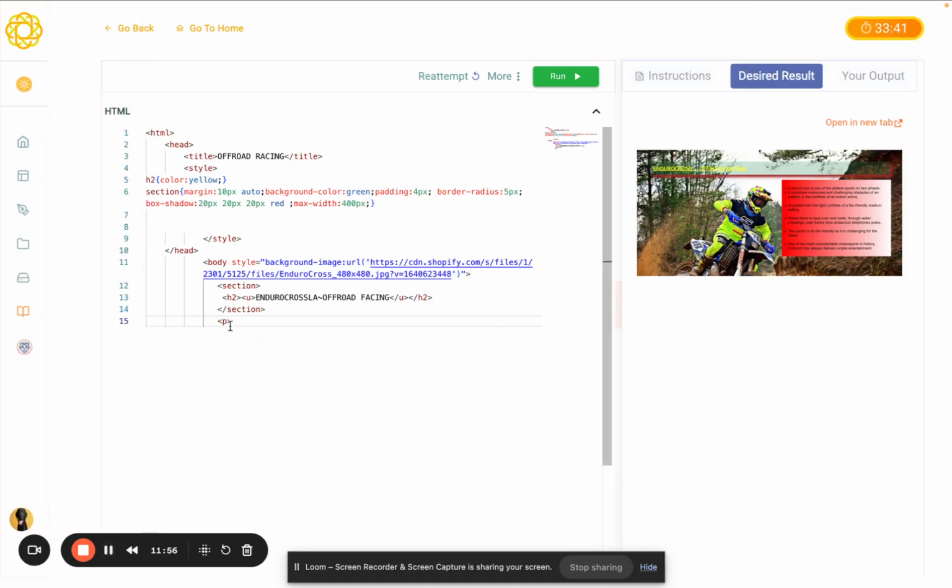Before we start doing the box part, we'll first do the background for the P tag. To do this, we need to write style equals to background image radial gradient, but we need to do this in the style tag. We have to write style stuff inside the style tag. So we'll write down the